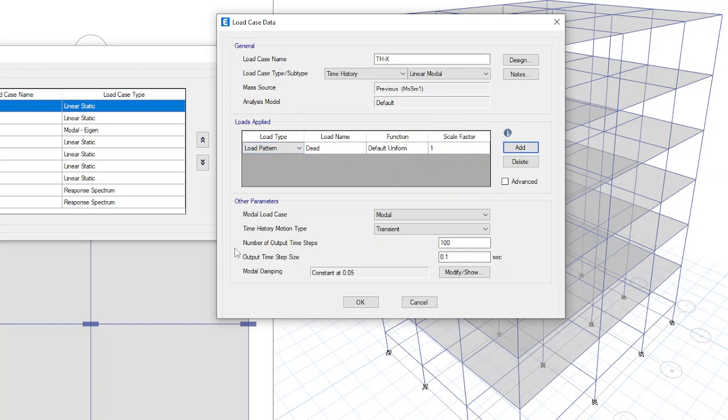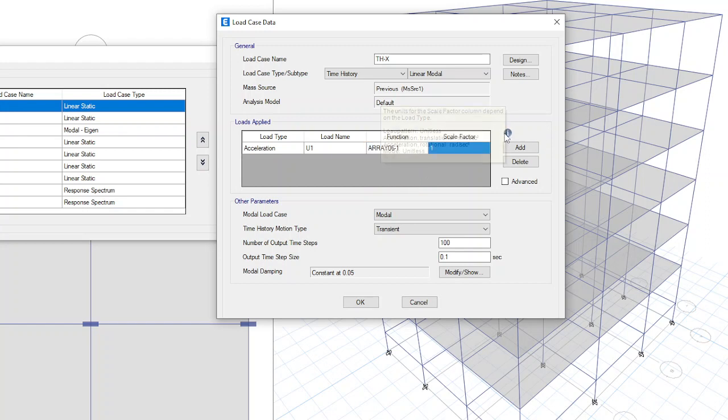Let it be linear only. Coming to add, load pattern will be acceleration, load name will be u1, function will be array061.